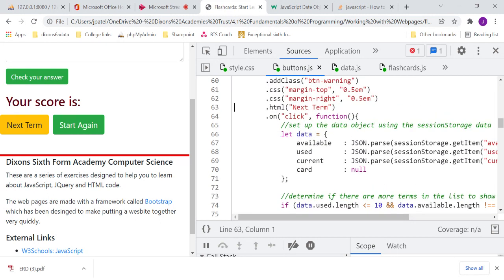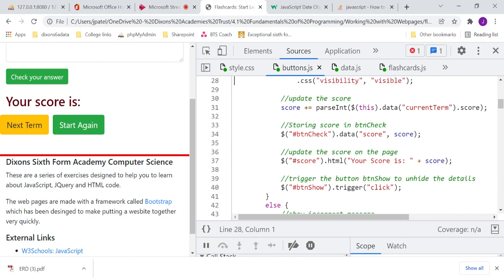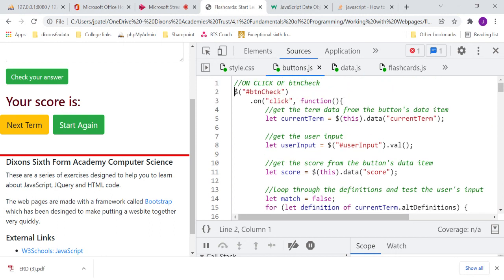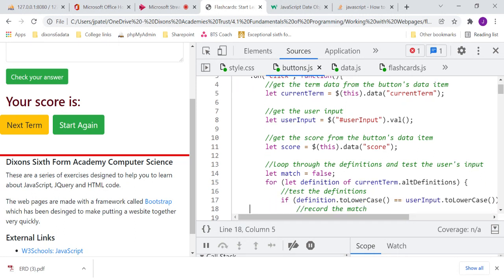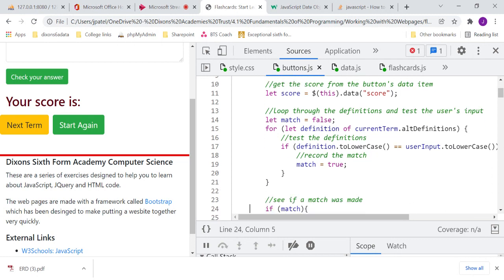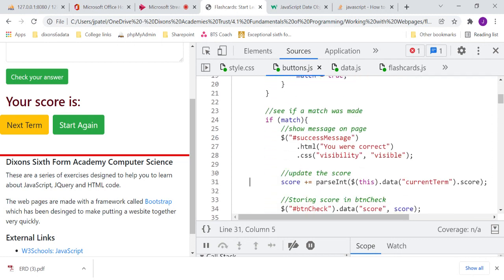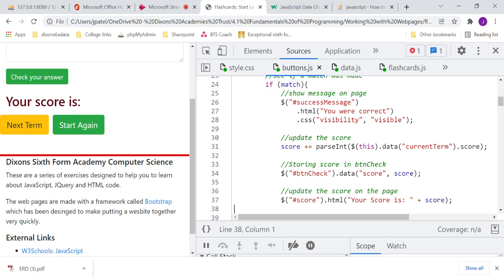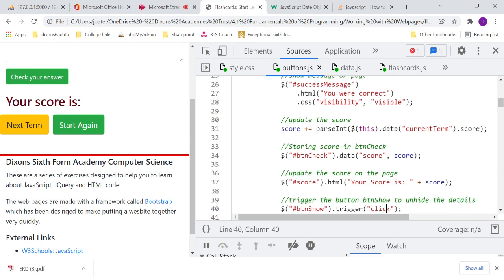So on click of BTN check. Okay. So when we've checked, we've got an on click, and we're getting the user input. We're grabbing the score from the button. Okay, and then if it matches, then we're going to update the score. So the score's in the button, and it's in with the key value. It's in BTN check, and the score is the score. Okay, so we've got the score for the particular term, and the score is being updated as we're going through